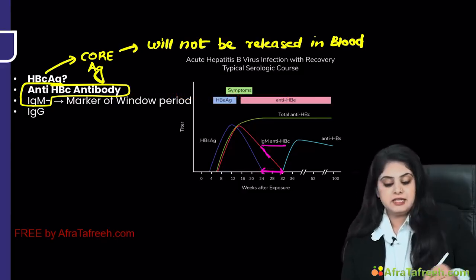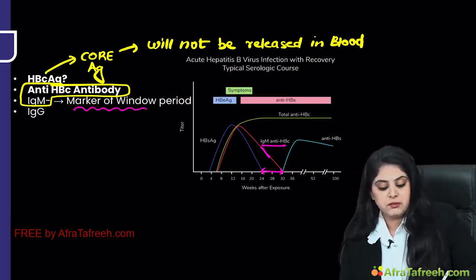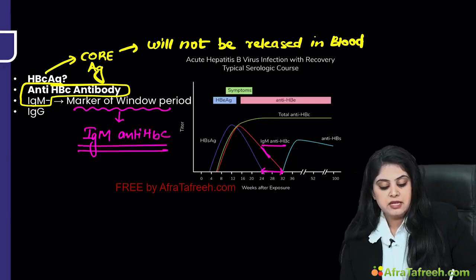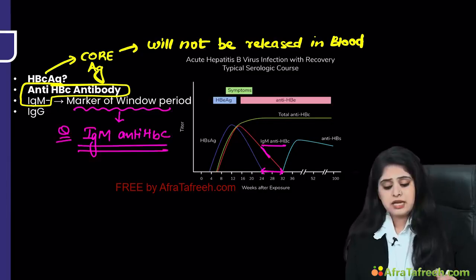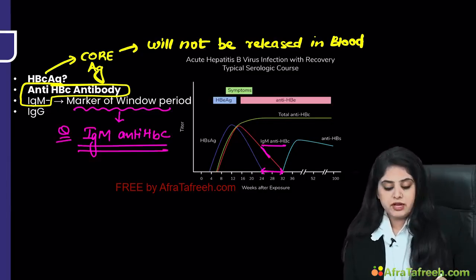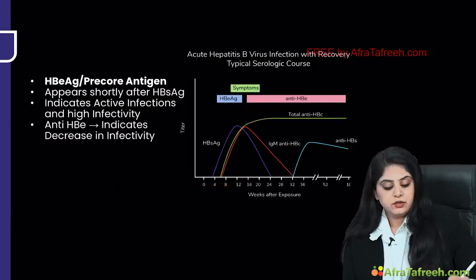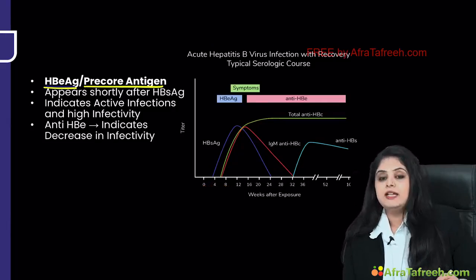IgM type of anti-HBC. So if they ask you what is the marker of the window period, remember anti-HBC of the IgM type is a famous question. Now, did you notice on the top of the graph there is something called HBE and anti-HBE? What does that indicate? So remember HBE, which I am calling the pre-core antigen,